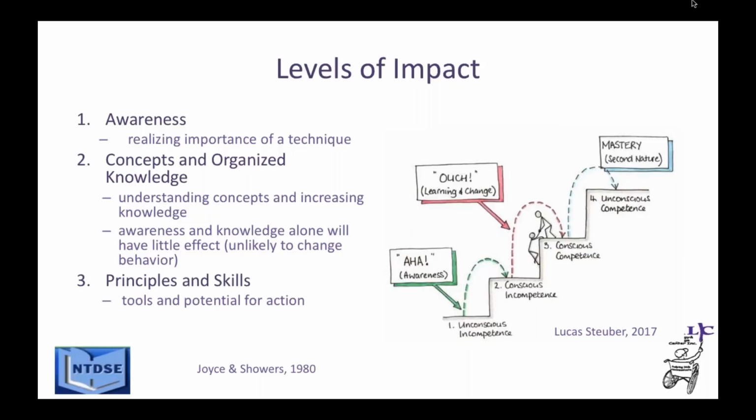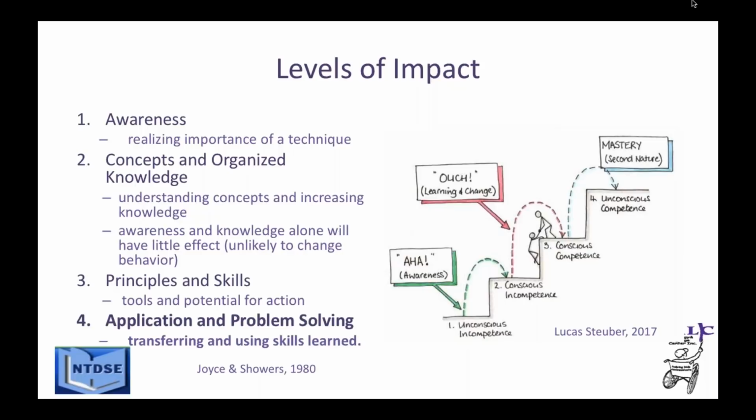Principles and skills are when we have tools and potential for action. And lastly, the application and problem solving level. This is really what we hope to achieve with all of our trainings. This is where individuals who participated in the trainings can transfer and use the skills learned alongside skills already in their repertoire. And I just want to point out the graphic on your screen